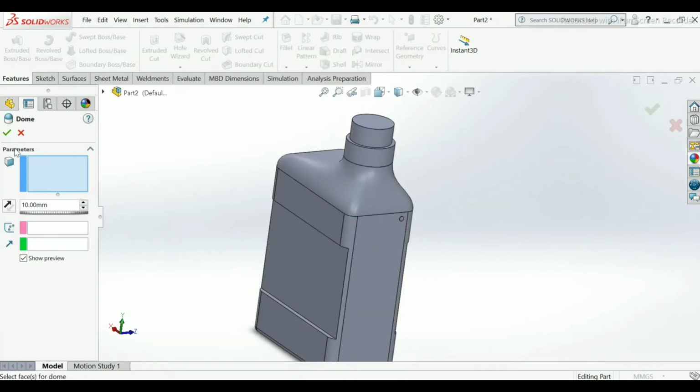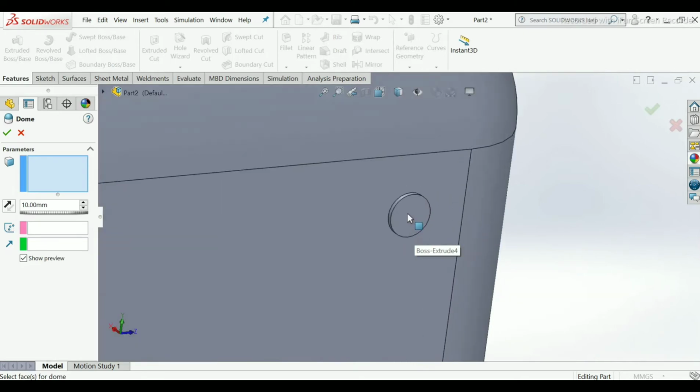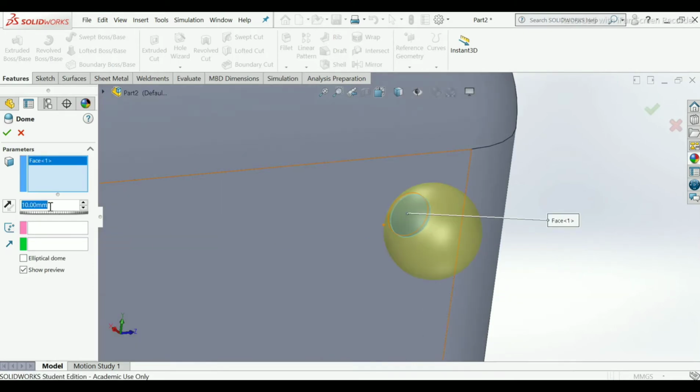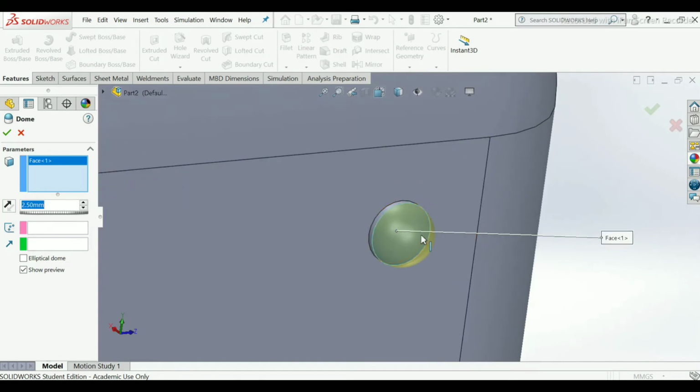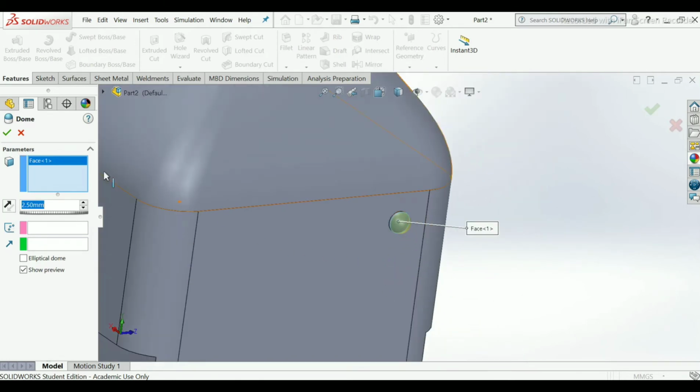Here it shows a parameter to select a face, so I will use this face to apply the dome. Dome will be 2.5 mm, circular, semicircle. Click OK.